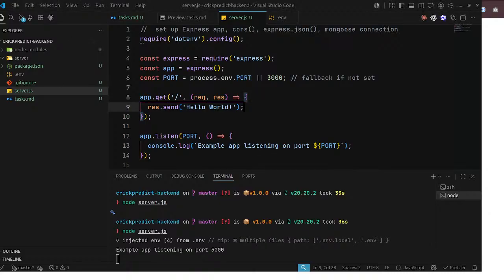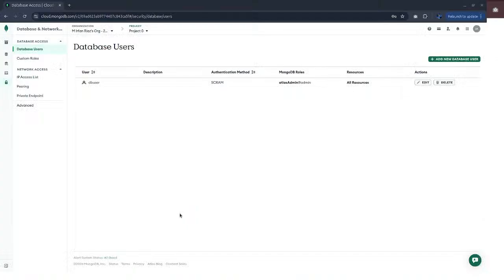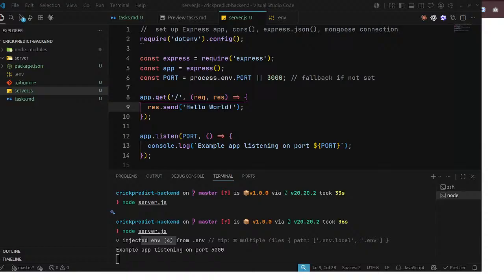Okay. Now we don't actually need this. Yeah, I am deleting that page. Alright.